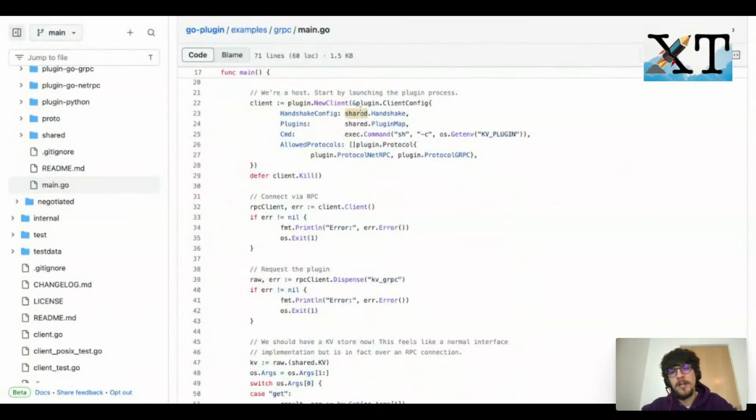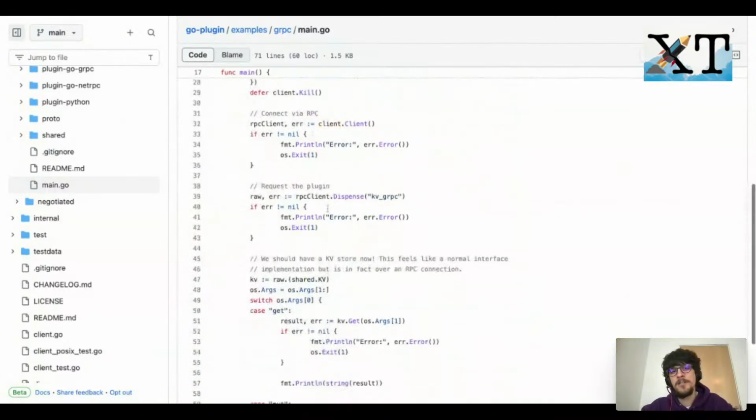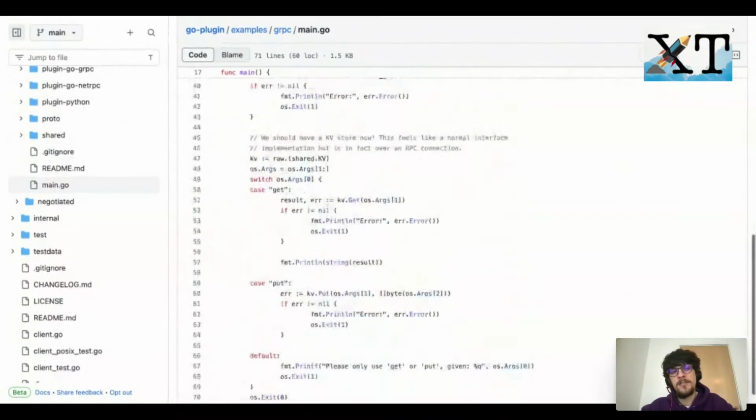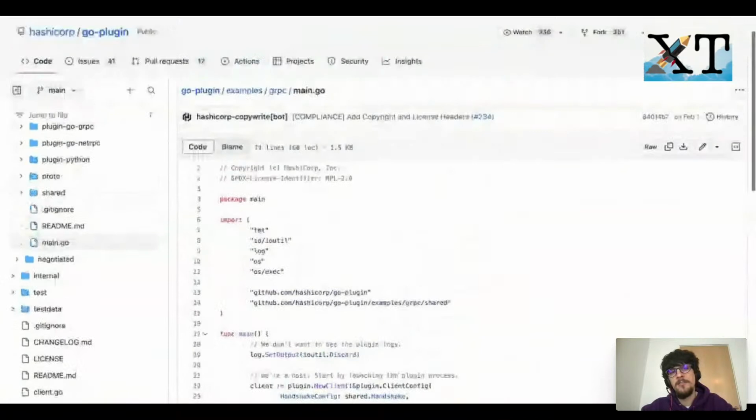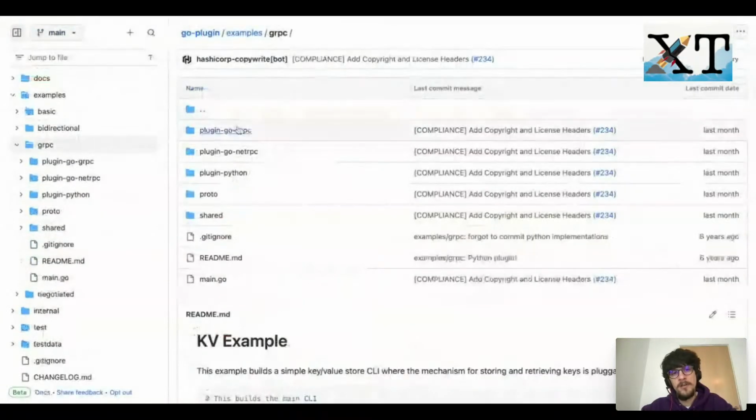Plugin, new client. So we create a client, we create a plugin client config, some handshake, plugin maps, and okay, let's try to implement some of this stuff. If we go here and see plugin go gRPC,